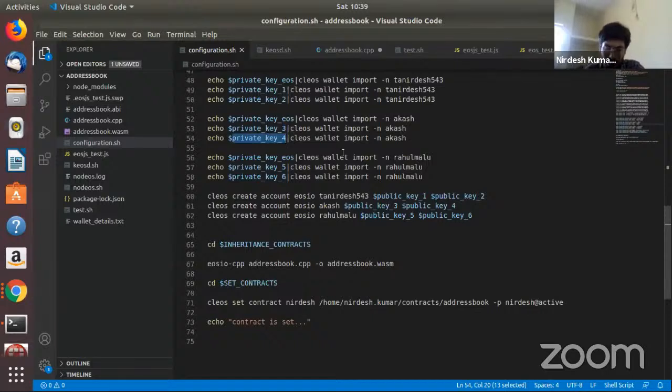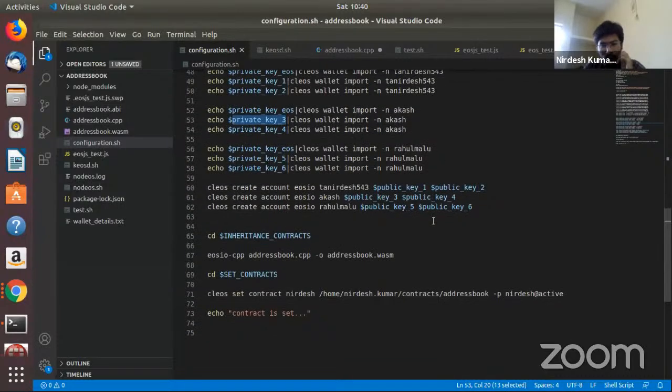Means for security, you can import any number of keys into your account, right? So generally what people do is they generate two pairs of keys. One is public, the other is private, and the same for the other. So one pair is called owner and one is called active. So the difference between owner and active is that owner is the father of active. Means if you lost your active key, you can change your active key using your owner key, right? So this is another security topic, but let's focus on the contract things. So this is how I can